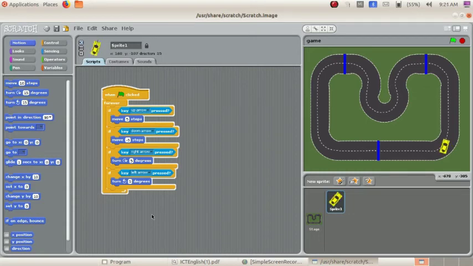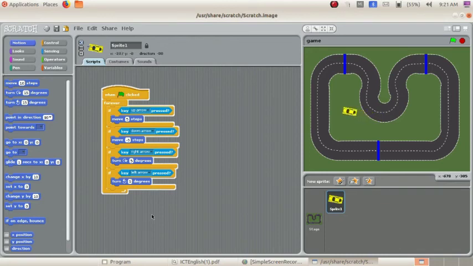Now I am clicking on the up arrow, left arrow, up arrow, next left arrow, next up arrow. Okay, now I have to change the position to the left side, so click on left arrow. Now you have to change it to the right side, so click on the right arrow, then up arrow, next right arrow, up arrow. Okay, likewise you can play the game.